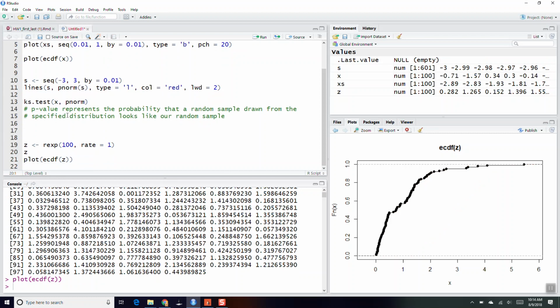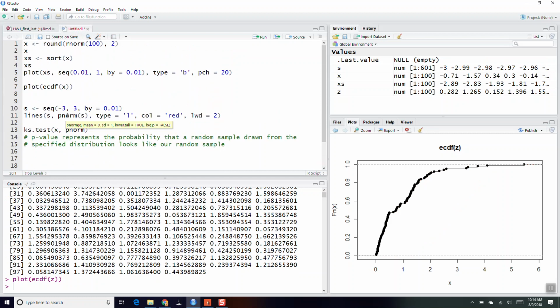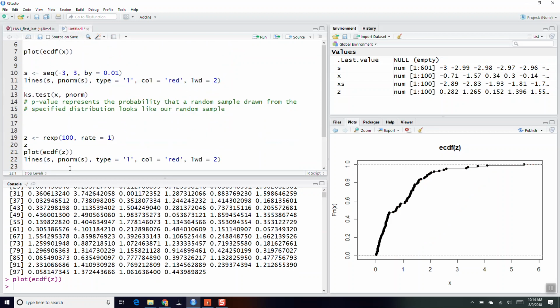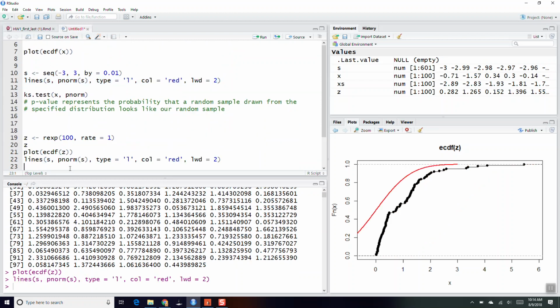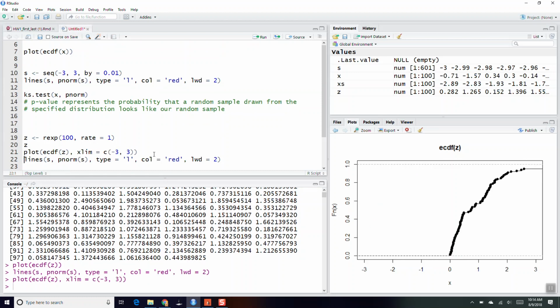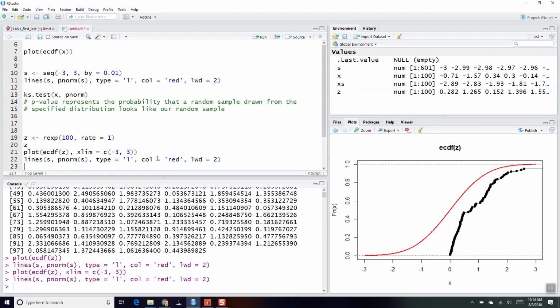And then if I impose this against the CDF of the normal distribution, we can see that these definitely do not match. Let me just change the x limits. So if I plot the normal CDF in red against the empirical CDF of our data coming from the exponential distribution, there is great mismatch,